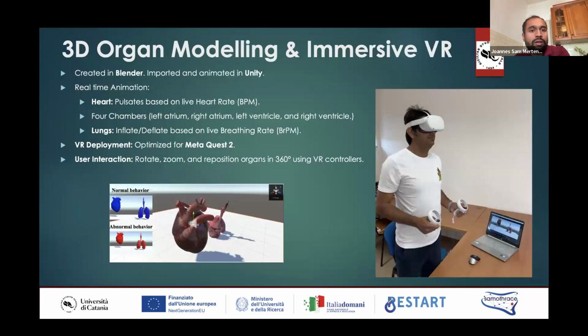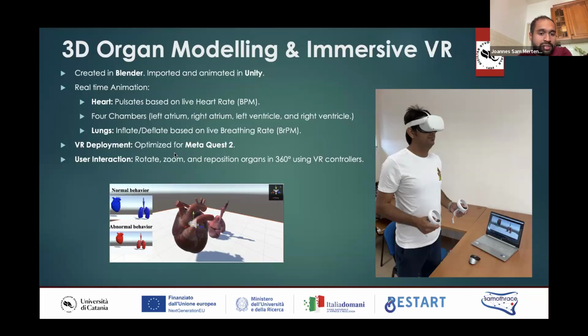And how did we do this immersive design? So we took shapes like heart and lungs shapes, 3D model shapes from Blender. They were created in Blender software, and we imported them in Unity. Unity is a very useful tool for developing metaverse applications. Like I said, we first started with the heart organ and the lungs organ. So we developed these 3D models for the metaverse, for the immersive view, and we had